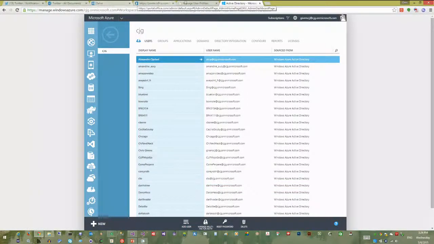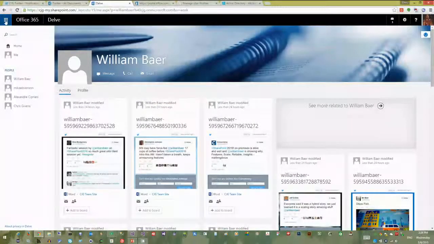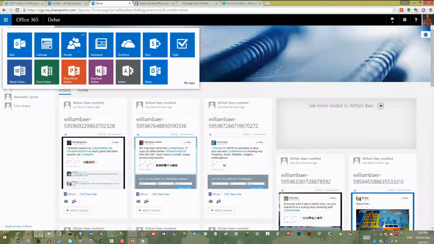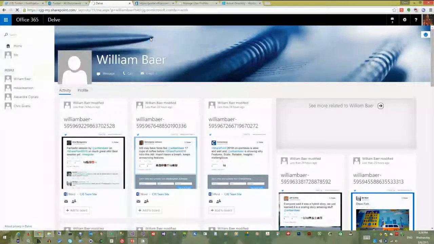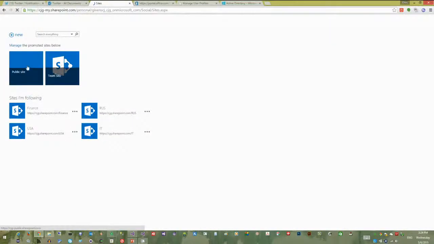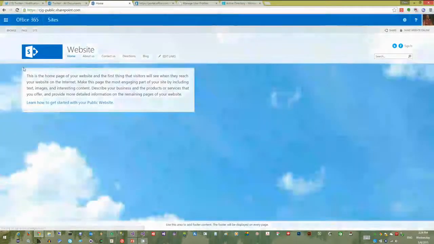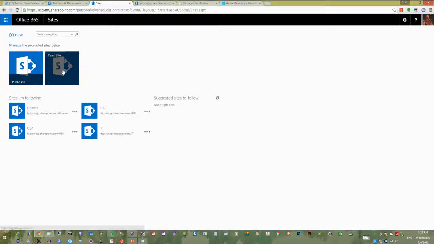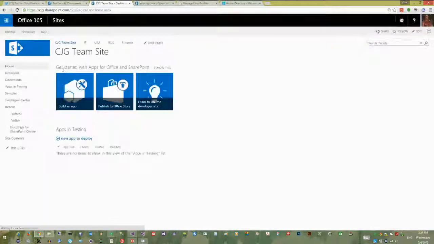Now, the other more interesting thing that occurs is, Delve is cool, but the side effect that I found about doing this was, if I go over to my search site, not only can I utilize it, obviously Delve is driven by search, right? It's a few extra layers of things you could do off of the search. But if you get into search, things become a lot more interesting because of all of the tweets that are happening. As I said, I'm turning hashtags into MMS terms. All right, so if I go and start to do searches,